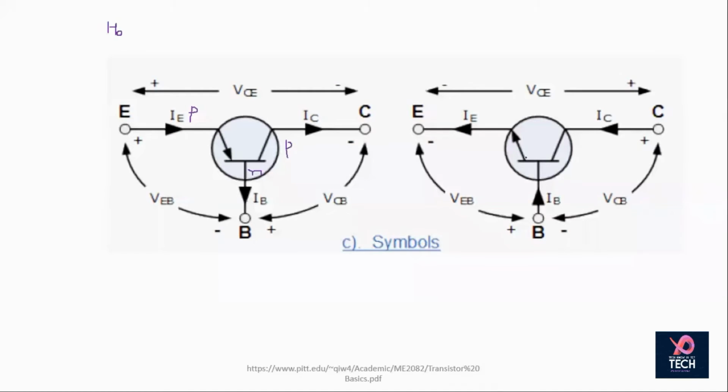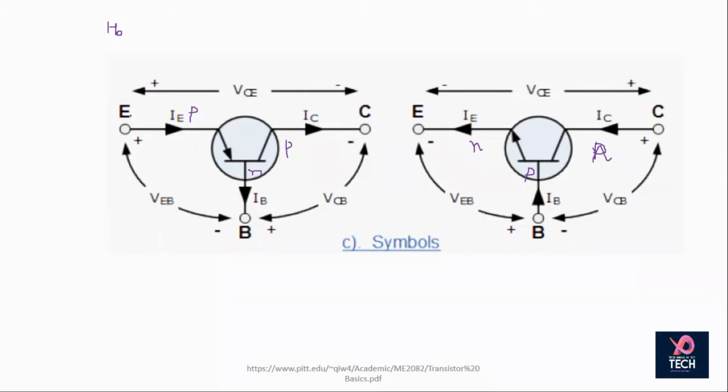Now here again you see the direction of current is from base to emitter. So what is the direction of current? Direction of holes, and holes move from P to N. So this is P, this is N, and this is NPN. So this is the symbol for NPN, and this is the symbol for PNP. Three terminals are there: emitter, base, collector. So three different currents are there: emitter, base, and collector.